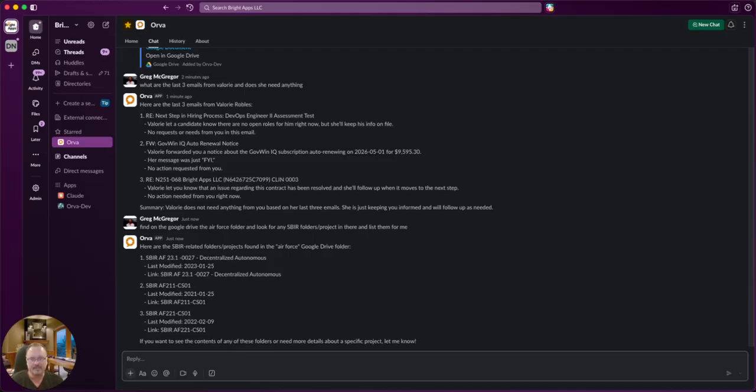So that should give you an idea of the type of query, how Orva works, and our need for having the OAuth 2 app approved so that we can then